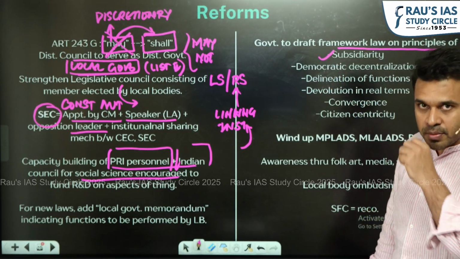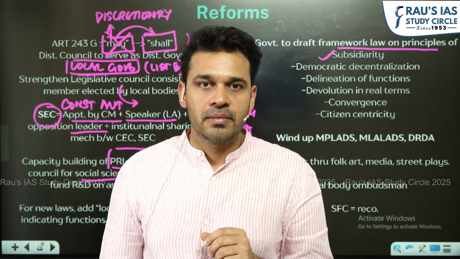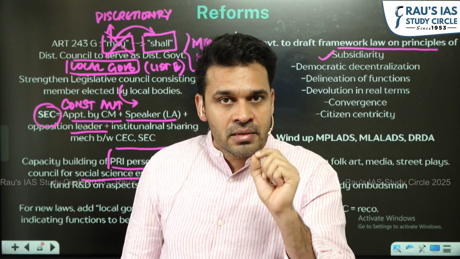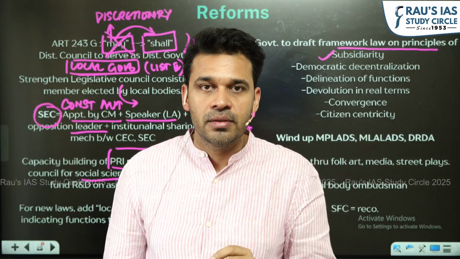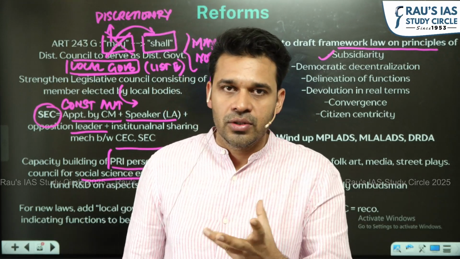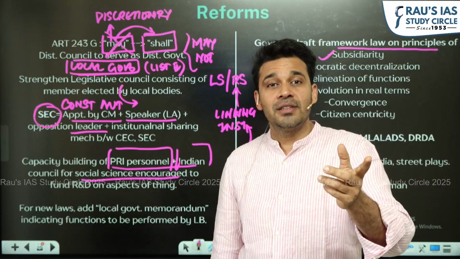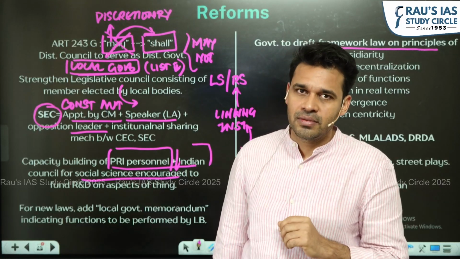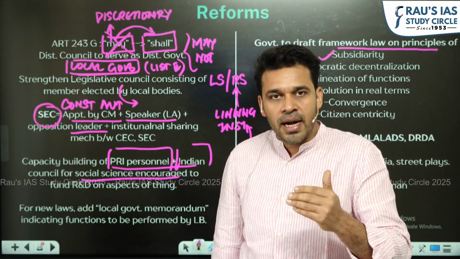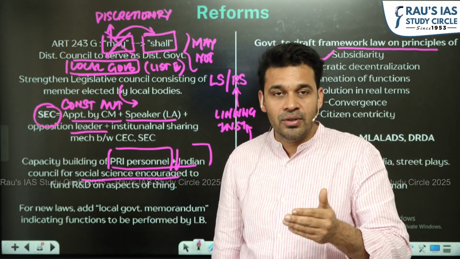What is the principle of subsidiarity? Any function or any item of governance can be delivered by various levels. But what is the best level from which it should be delivered? For example, if I give you a matter of governance, let's say defense. So you understand that defense of India is best administered from the central level, and that's why it's a part of List 1. But there are various matters in our country that are misdelegated to different places,